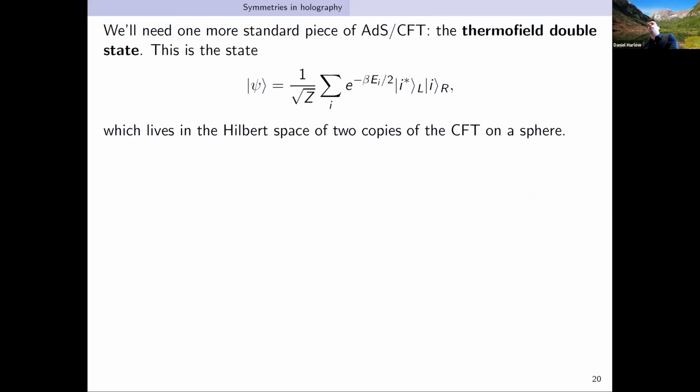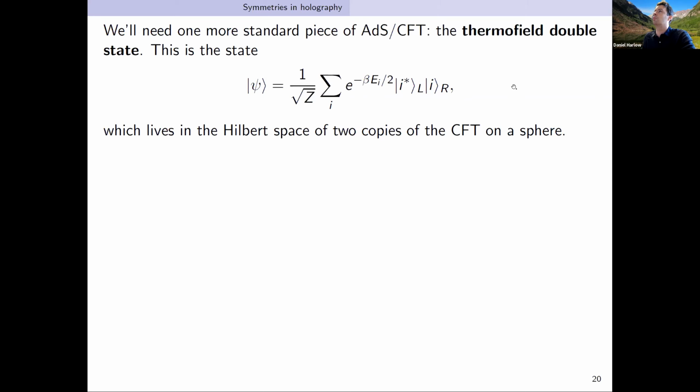Now, I need to use one other thing. I lied. There was one other thing from AdS/CFT, but this one is not too bad. There's this thing called the thermofield double state. This actually has nothing to do with AdS/CFT, so people who know statistical mechanics will already be happy with it. It's just a sort of canonical purification of the thermal state. You just take two copies of the system that you call the left and the right,